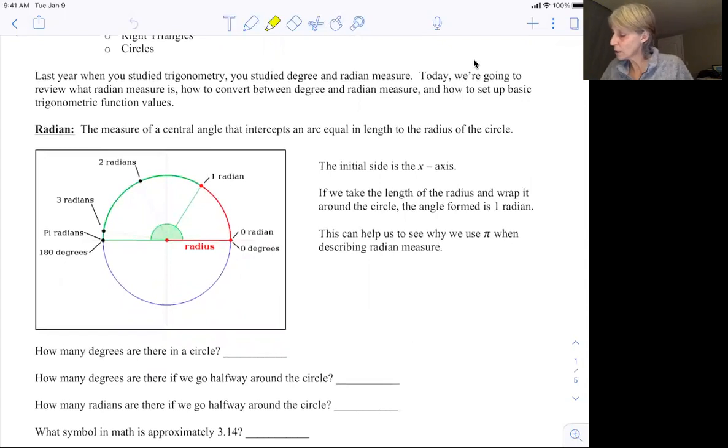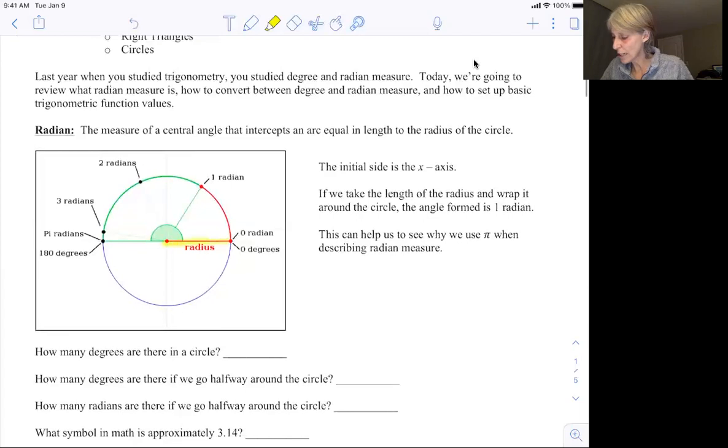So if we look at this and we say the initial side of the angle is the x-axis, then 1 radian is going to be, if we take the length of the radius and wrap it around our circle, the angle that's formed is what we call 1 radian. Okay,